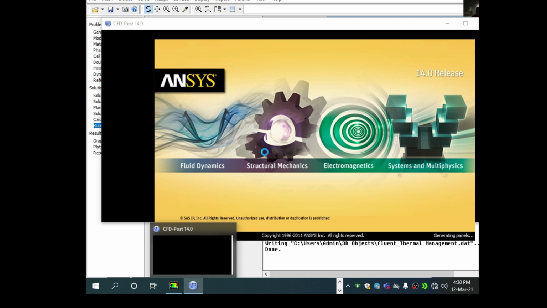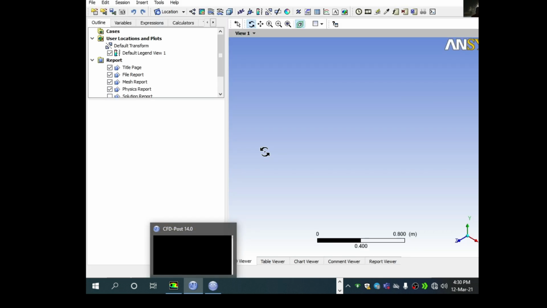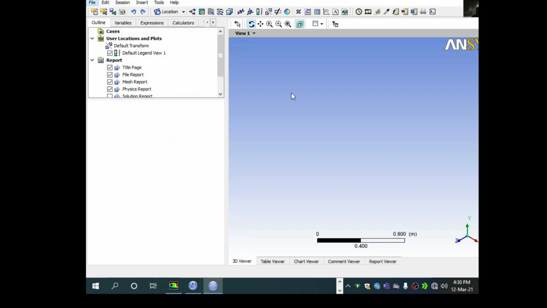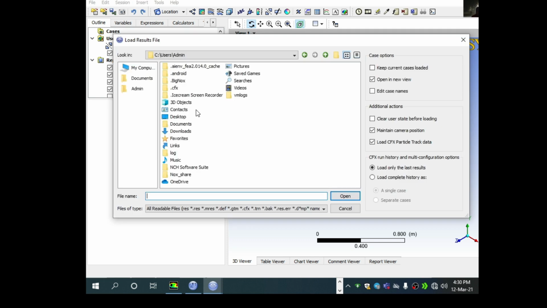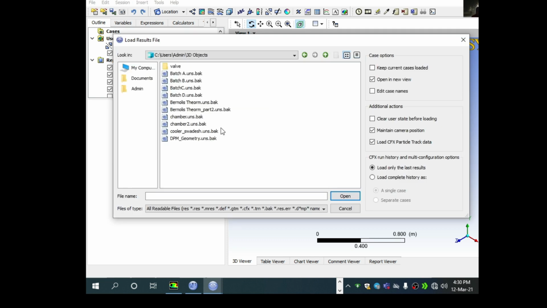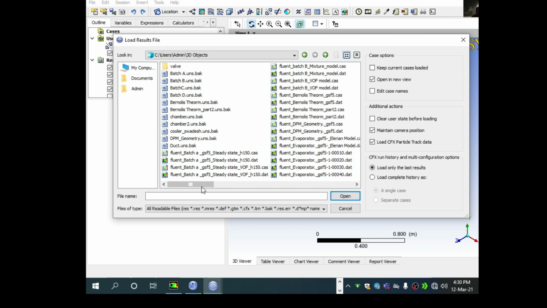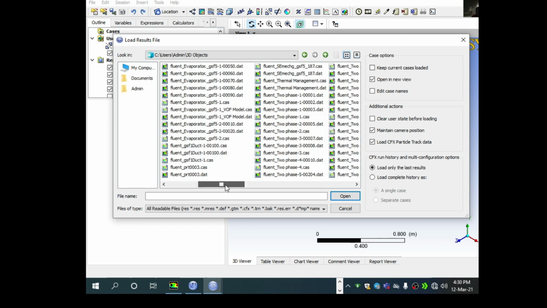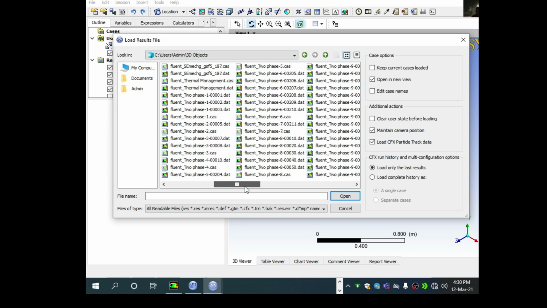It will take a few minutes or few seconds to open. Yes, it is open now. You can go to File, Load Results, where it is in 3D projects and thermal management. Fluent thermal management is the name of the file.